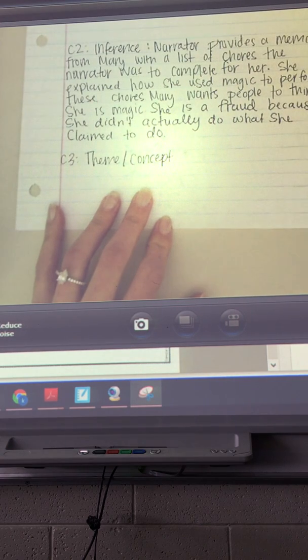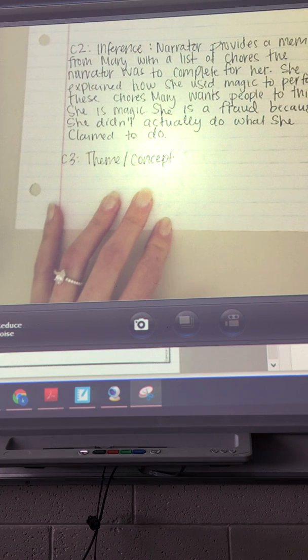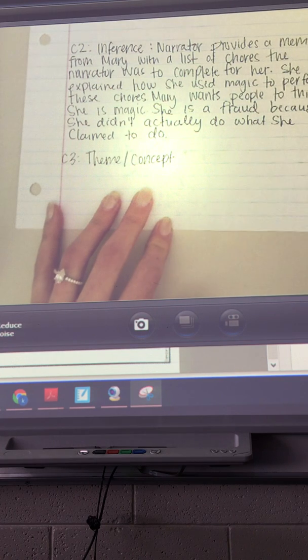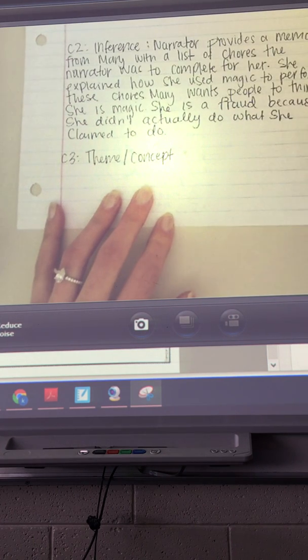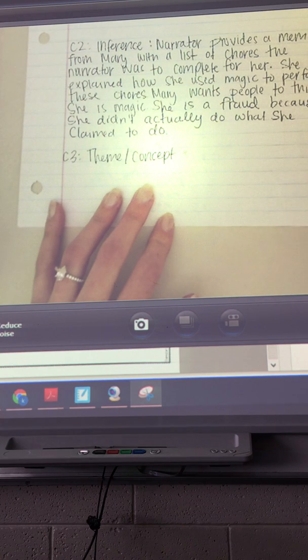That theme and concept question, C3, says, why did the narrator share this memo with the world? What ideas does she want to share? So, now theme, remember we talk about theme a lot. Theme is basically, what is this story trying to tell you? What is the main idea? What does it want you to learn from this story, okay? And concept is the same thing. What is the main concept of this story? What can you pull away from this story? Did you read this story and learn something, or did it have some underlying idea or lesson that you learned, okay? So theme and concept. So why did the narrator share this memo with the world, and what ideas does she